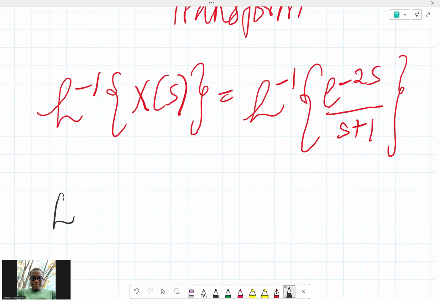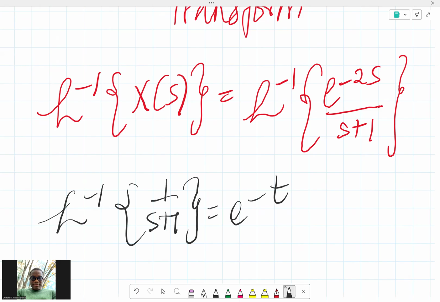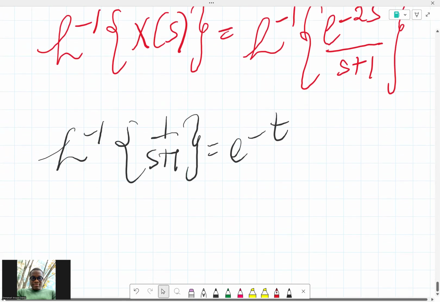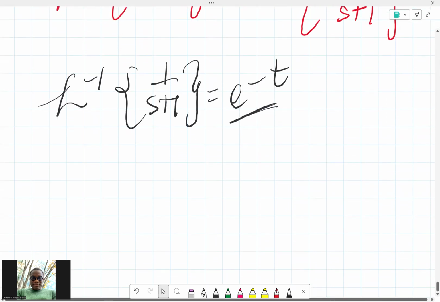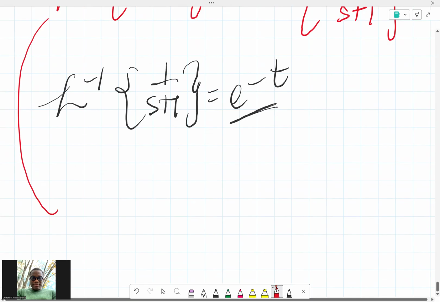Generally, first of all, we know that the inverse Laplace of 1 over s plus 1 is e raised to power minus t. We know that. Since we have it together with that impulsive expression, that impulse is automatically going to affect this e raised to power minus t by the time we put the two together. So by the time we take the inverse Laplace of x of s, we now have x of t, and that is equal to